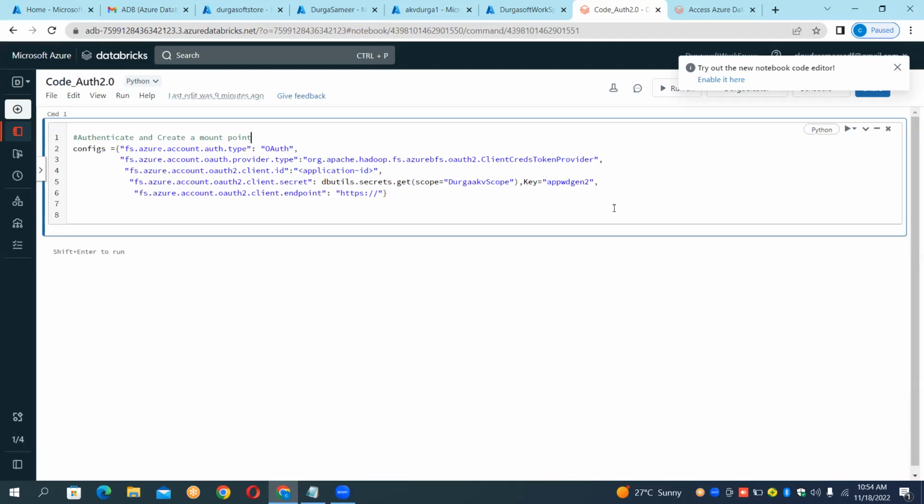Okay, authenticate and create a mount point. Authenticate using ADLS Gen2, and now create a mount point. That's it. Okay, create a mount point. This is the thing we have. Okay, next after this,